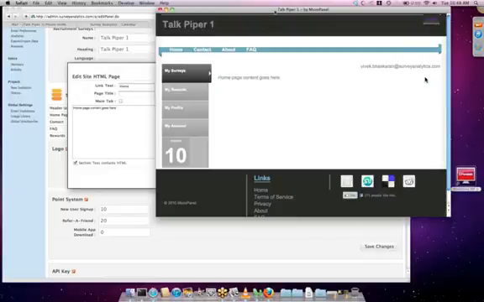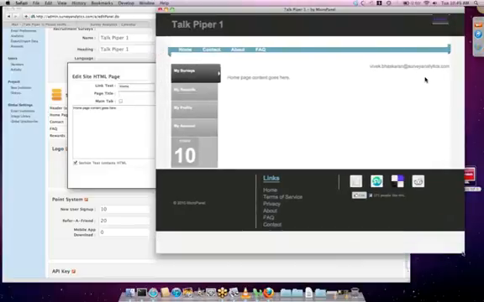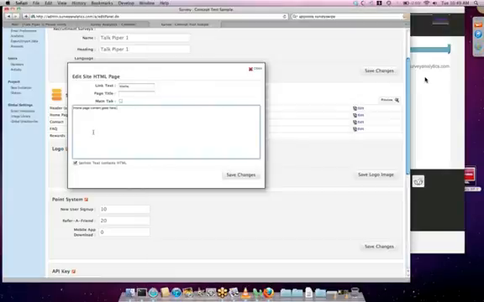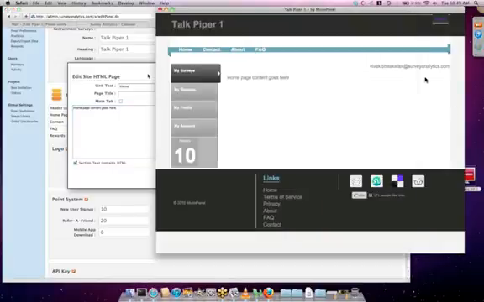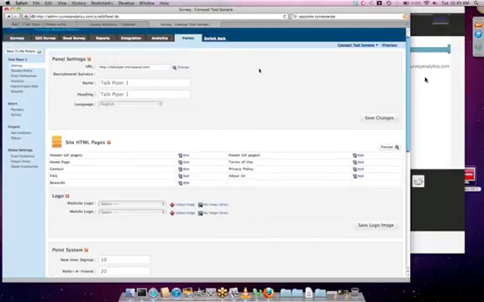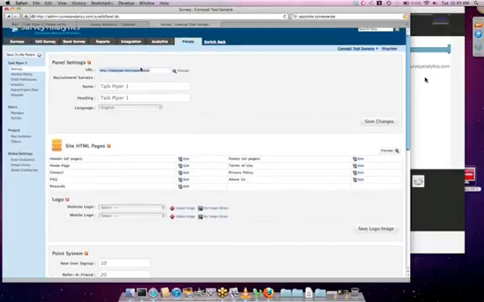obviously you guys have designed the surveys, and this is not necessarily important right now, but as time goes by, if you want users to come there directly, this is where you would set up some of the marketing content. If you want them to sign up directly, then you would come to this URL, and I think it's TalkPiper or micropanel.com. You can pick any URL, just like every survey has its own URL. Every panel also has its own URL, and you can customize the content of that